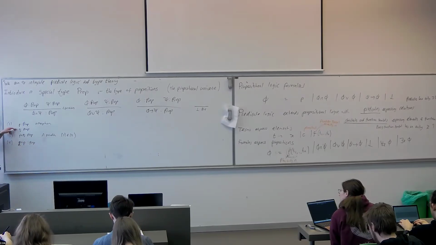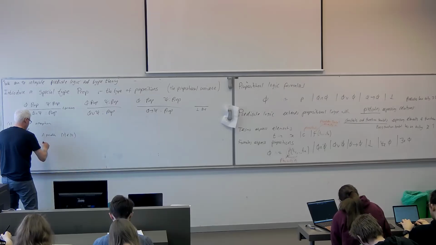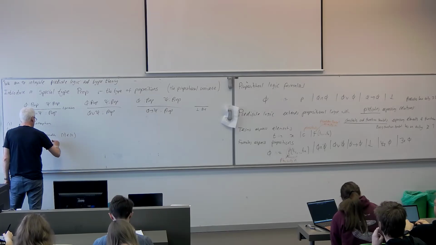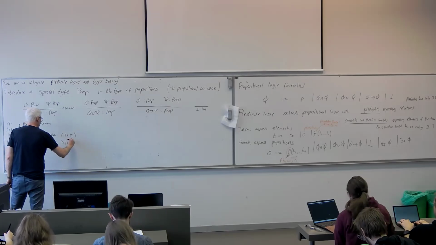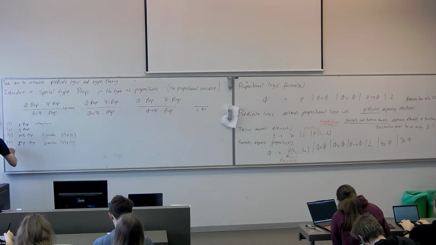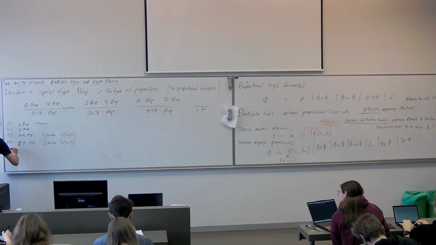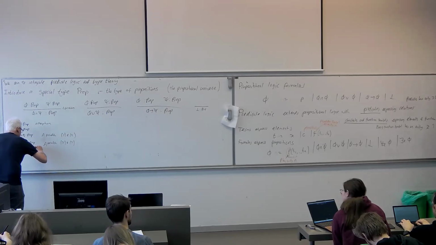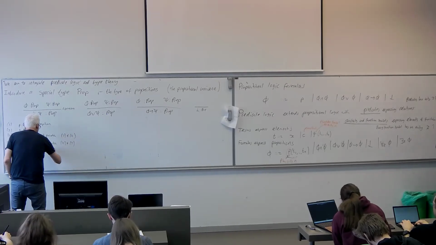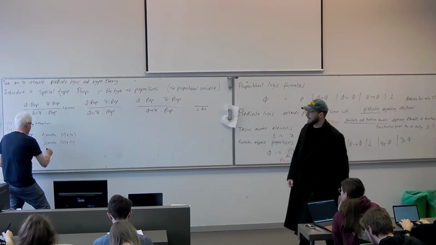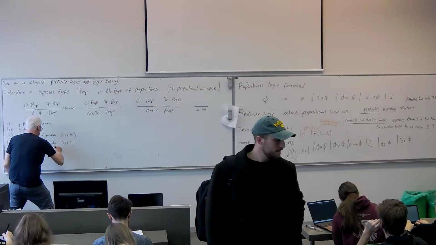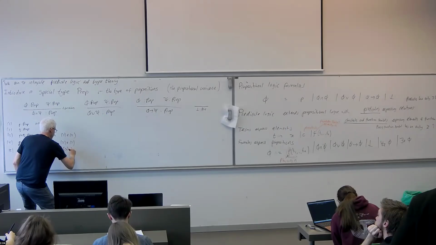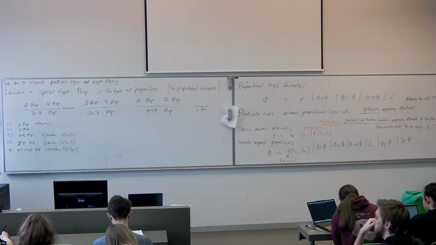This is and formation from 2 and 1, in that order. And then we can form the implication, p and q implies q and p, that's a proposition. So that's implies formation on 3 and 4. And so we've derived